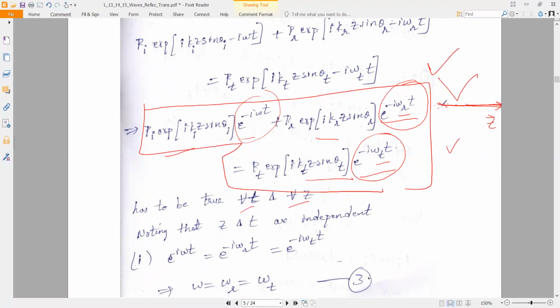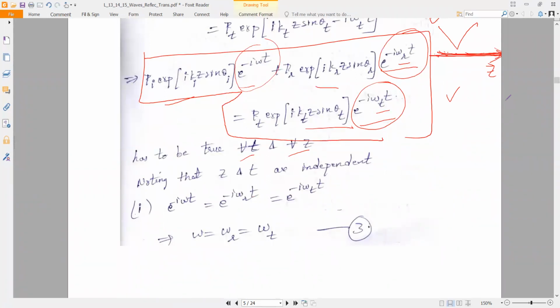See, z is varying along the interface. No other variable is varying. The other variable is time, and these are independent. So the only way this is possible is I set all the time terms to be 0, which will give me an expression saying omega r is the same as omega t, and both of them are the same as the frequency of the